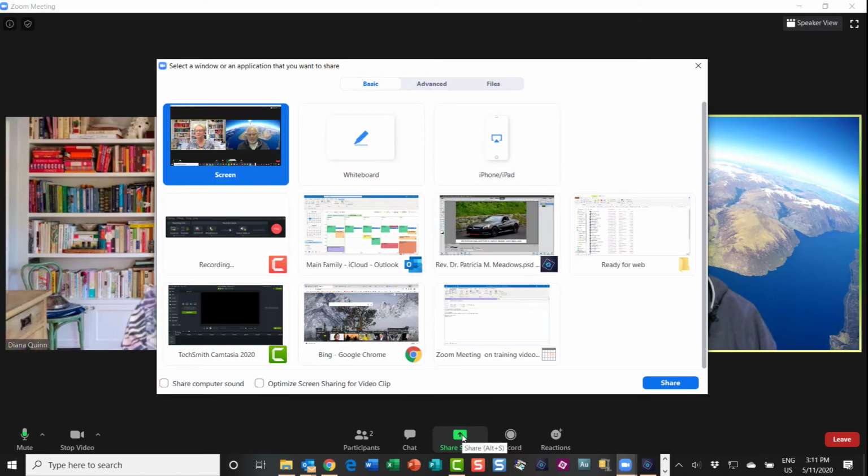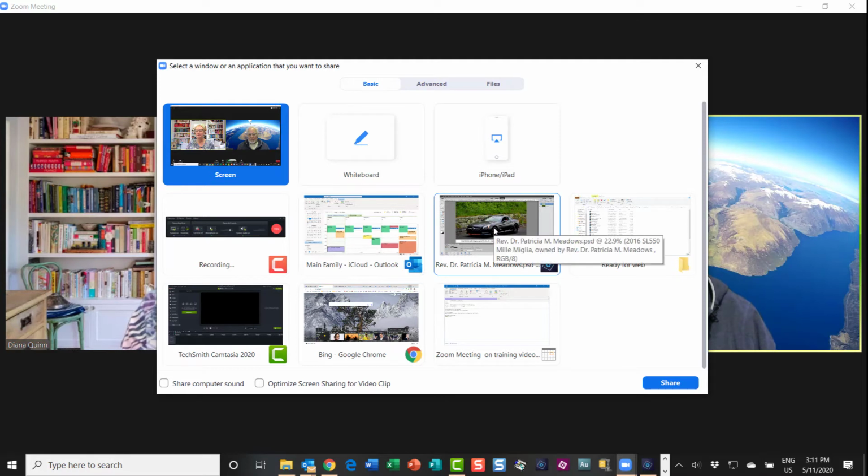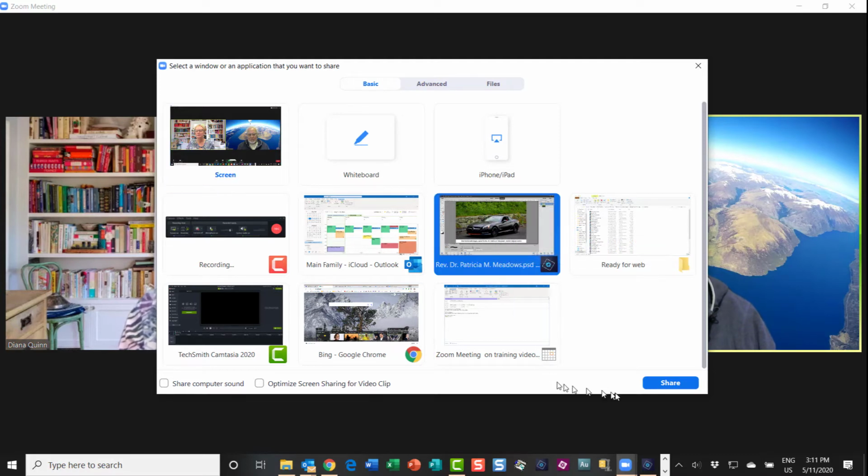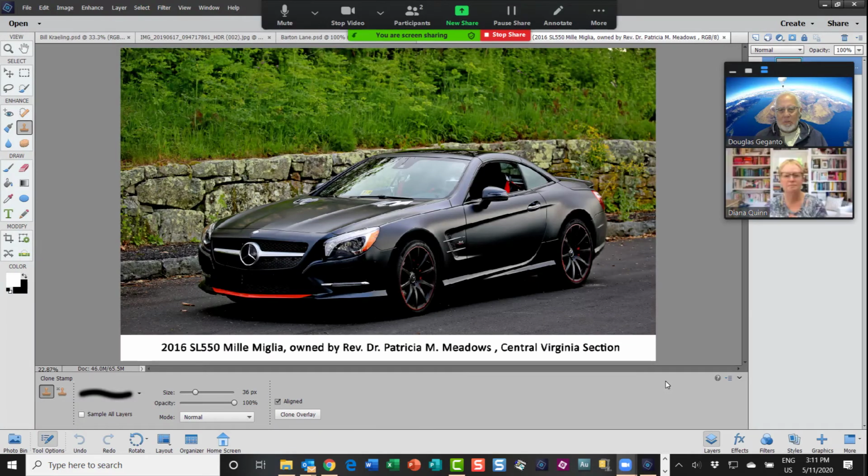Oh, so now I click on the share screen and it has a list of my open applications or windows on my computer, and I can pick any one of them to share. So I'm going to go. I've been working in Photoshop all day, so I'm going to share my Photoshop, and it should come up, and